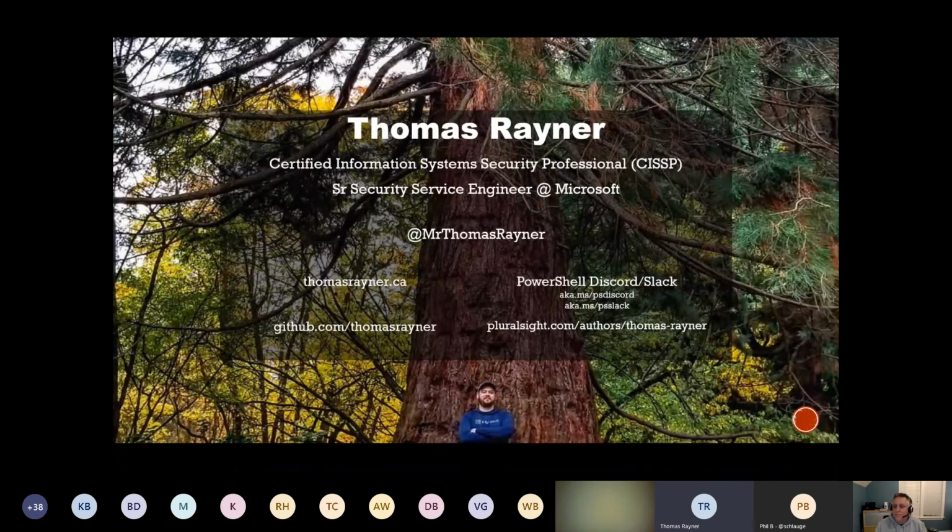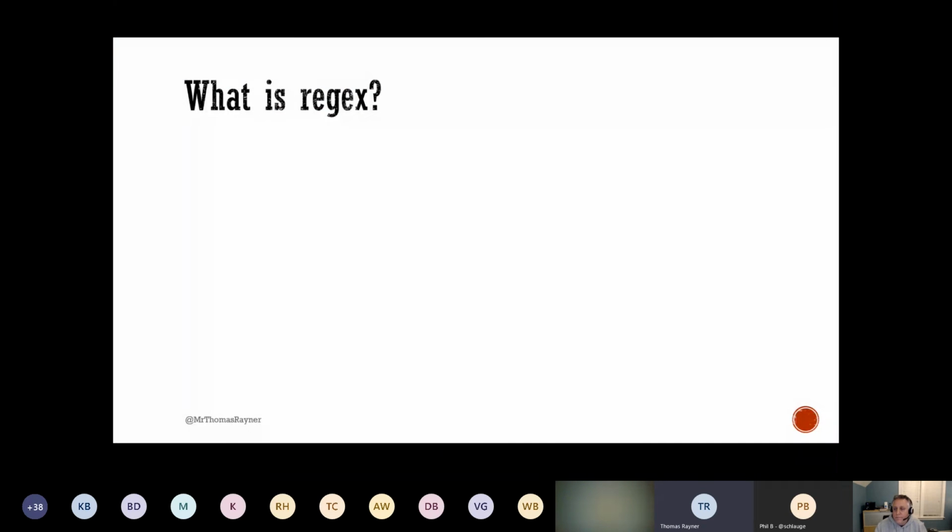But we will start by talking about what regex is, because we're assuming that if you're a noob, you don't know any of this. So let's be really clear. It's short for regular expression. If you didn't know that, it's a clipped compound: regular expression. But what they really are is sequences of characters that define a search pattern.